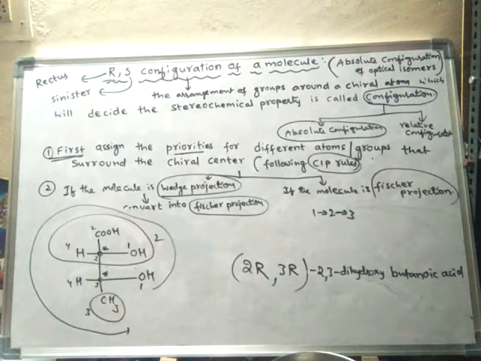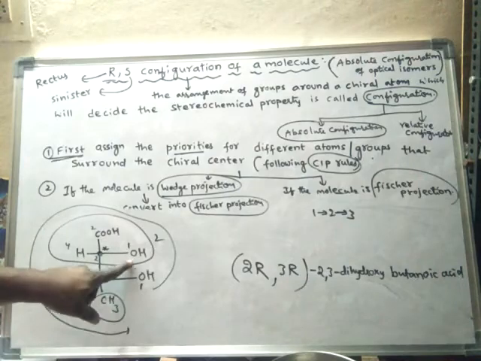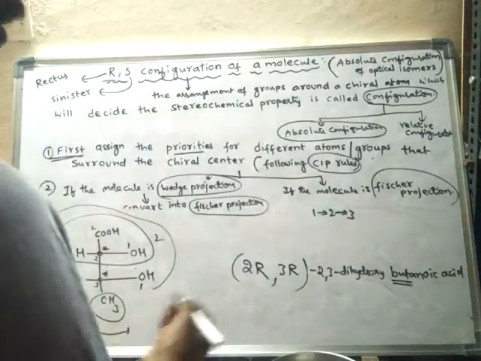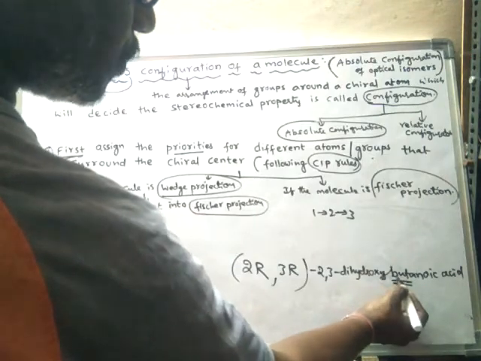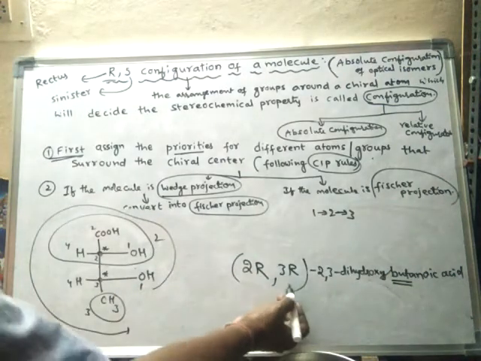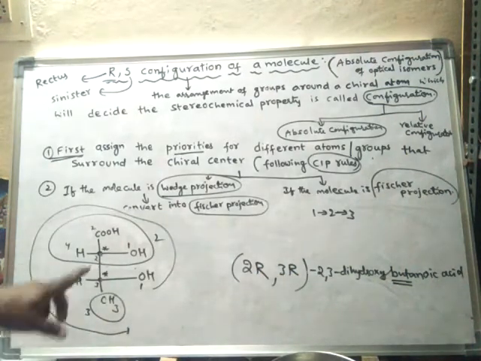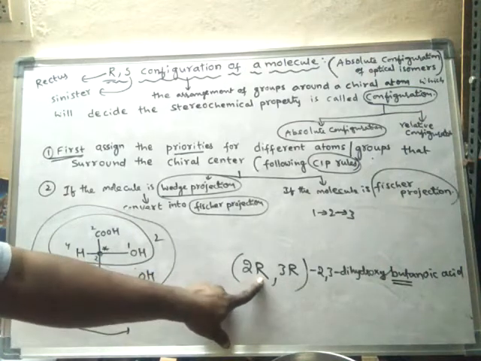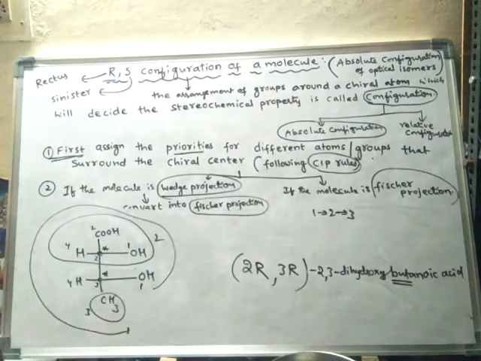While learning IUPAC nomenclature we have learned this. COOH should be given the first priority and hence it will be written as the suffix, whereas the OH groups are written as a prefix to the root word. So this is the root word, and we have to write the prefix to the root word. So here 2,3-dihydroxybutanoic acid. Its stereochemistry should be written in the bracket. Stereochemistry means the configuration of the chiral center. The second carbon is a chiral carbon and it has rectus configuration, and the third carbon is also a chiral carbon and its configuration is also rectus.